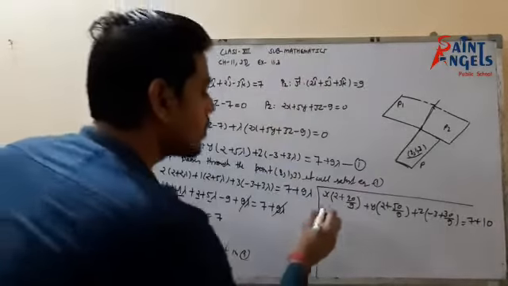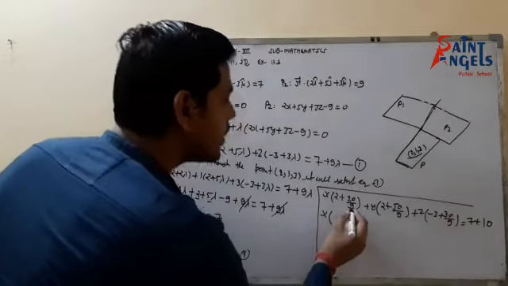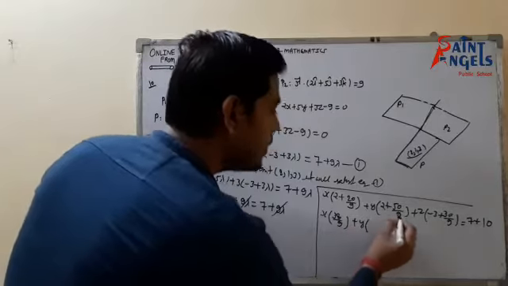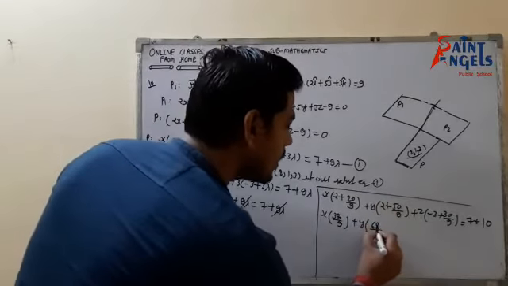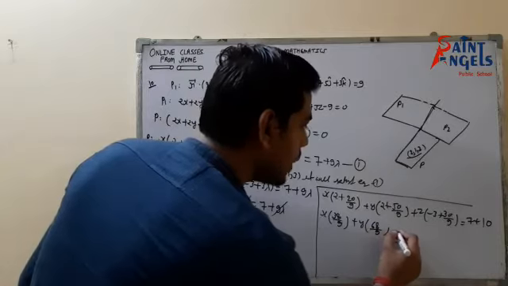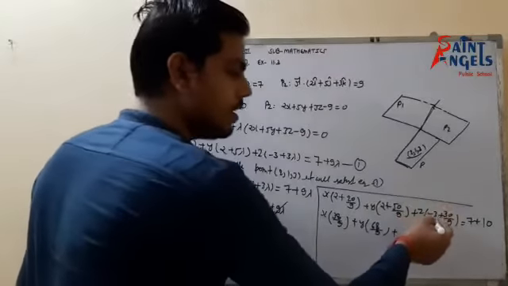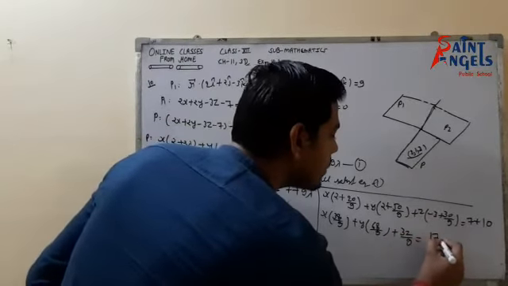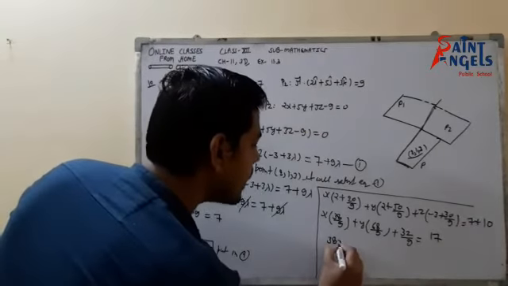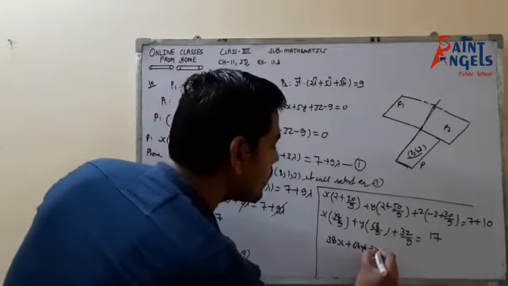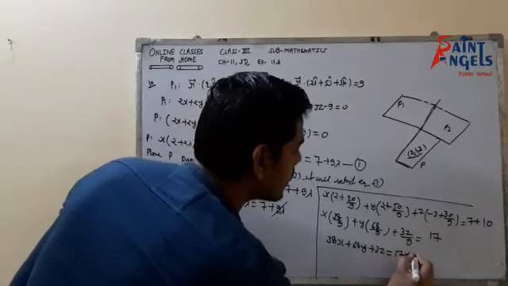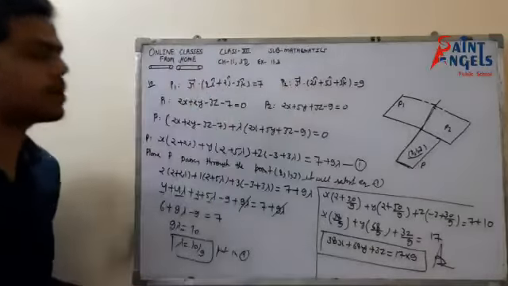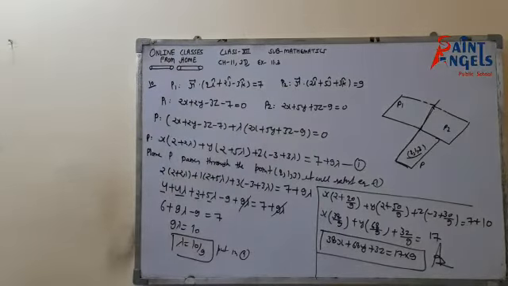Okay, so now put all values. So it would be x(18 plus 20), 38 by 9. Here it would be 18 plus 50, 68 by 9. And here that would be minus 27 plus 30, so that would be plus 3, so 3z by 9 equals 17. So from here that would be 38x plus 68y plus 3z equals 17 into 9. We can further solve it, but let it be like that. So this is the required equation of the plane. So please pause the video and note it down.